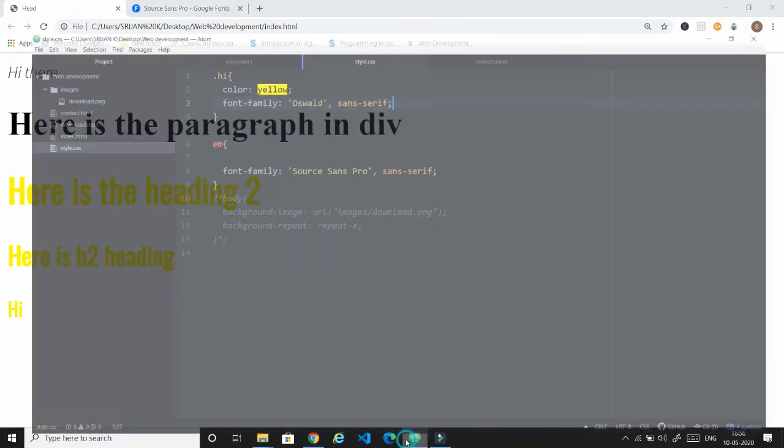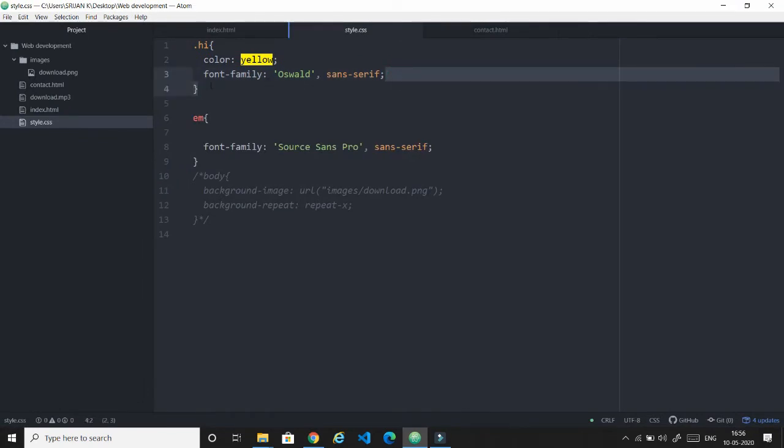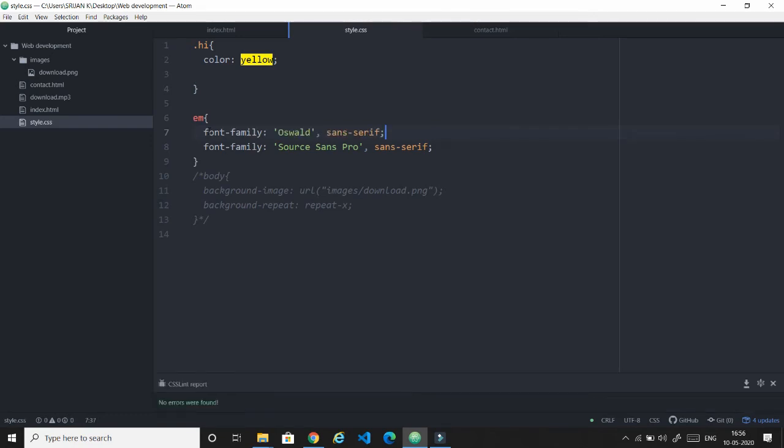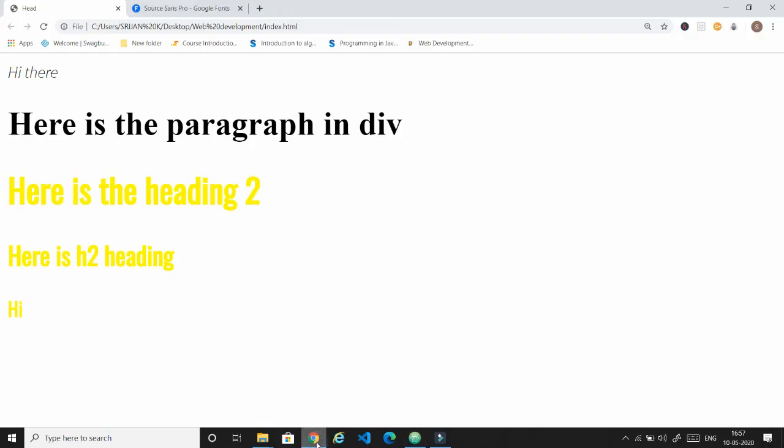Now let us do some experiment. I'm going to paste it here and refresh, because I now have two font families, Oswald and Source Sans Pro, pointed towards the same single content of the em. It's not in a different selector, it's the same selector with the same content, but I have two font family properties.